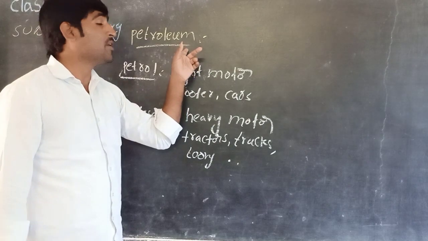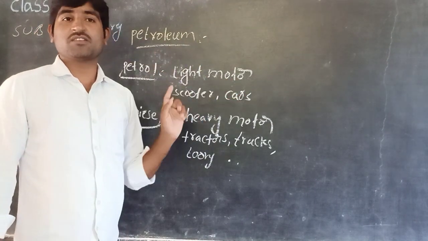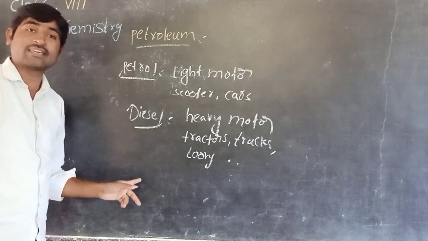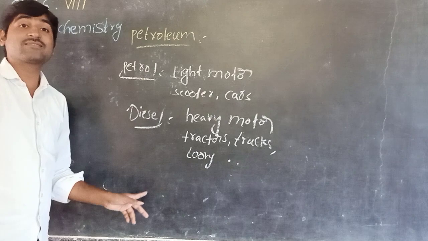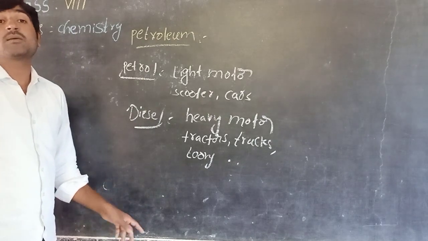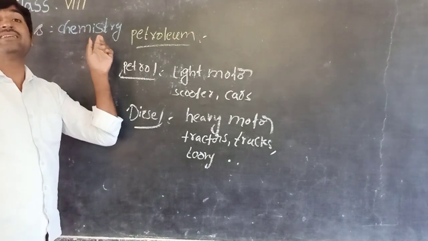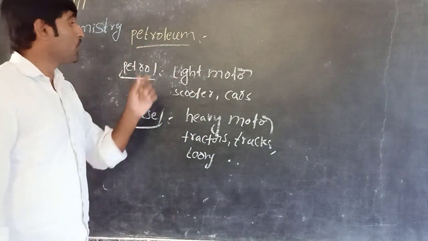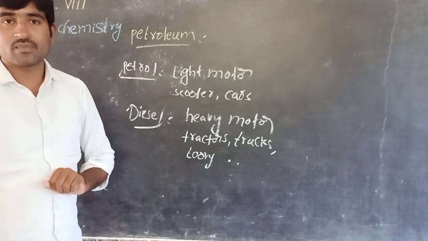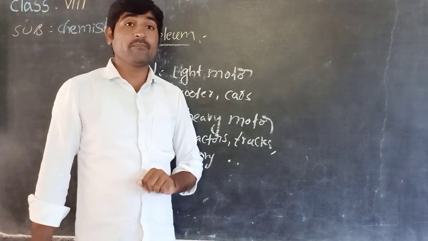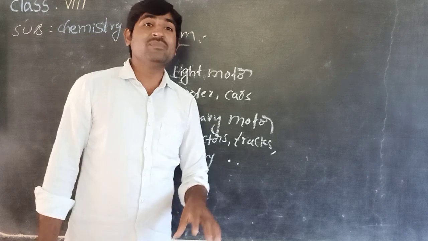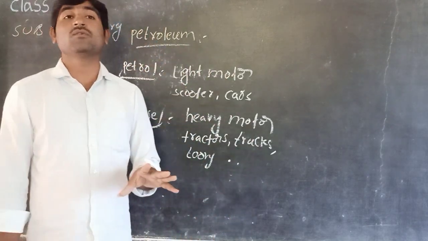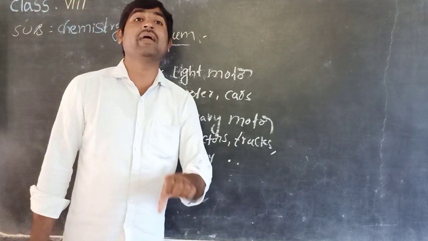By sending this petroleum for the purification process, we are getting different products like petrol, diesel, kerosene, gas, paraffin wax, lubricating oil. These are the products we are getting from petroleum by sending it to the purification process. Then from where are we getting petroleum? From where are we getting coal? Coal is obtained from the deep earth crust. Yes, children, like coal, petroleum is also obtained from the deep earth crust